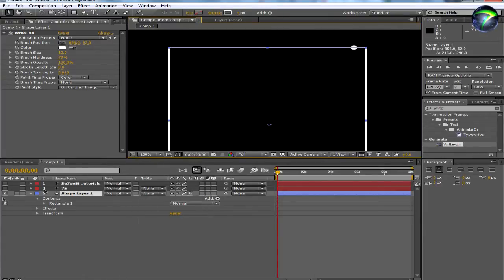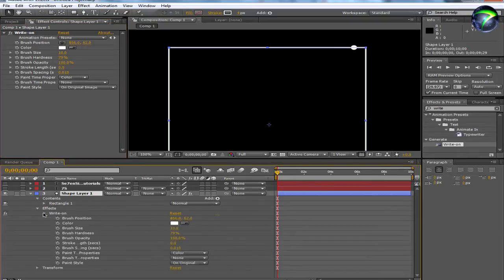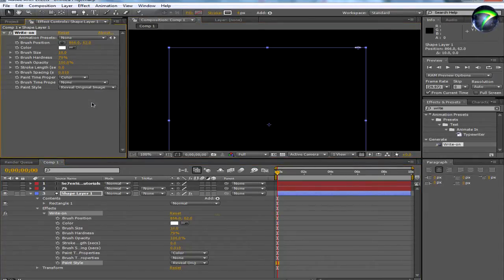Alright, so that looks about good. That'll cover our line pretty good. So we're gonna take our brush position. Right on brush position. Alright, and what we're gonna do, first we're gonna set the paint style to reveal original